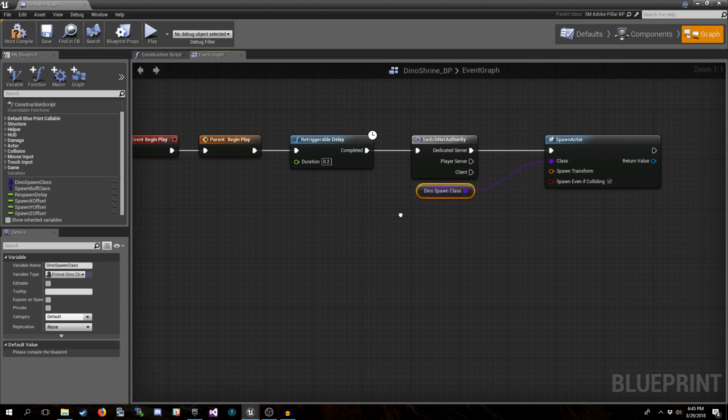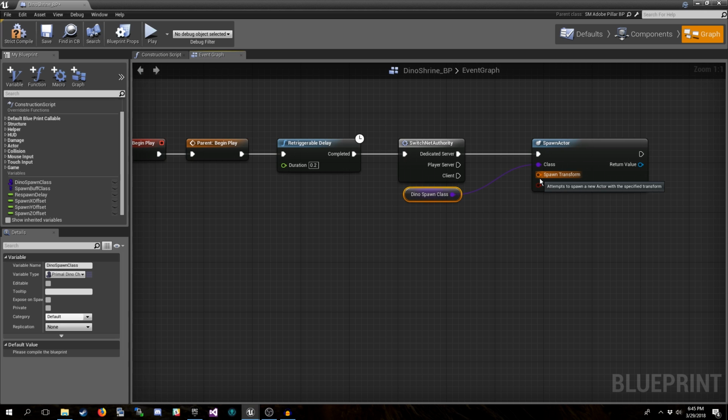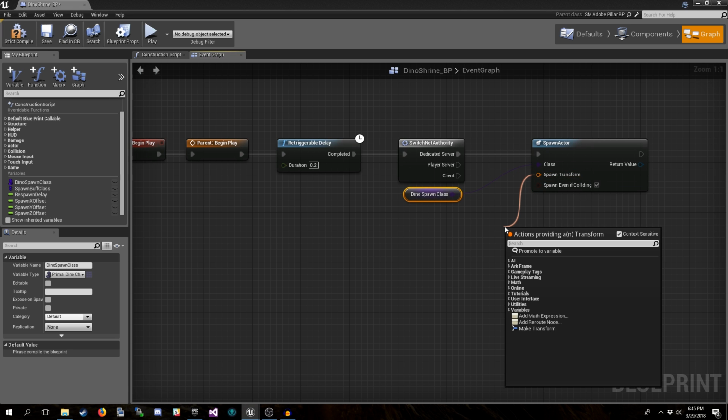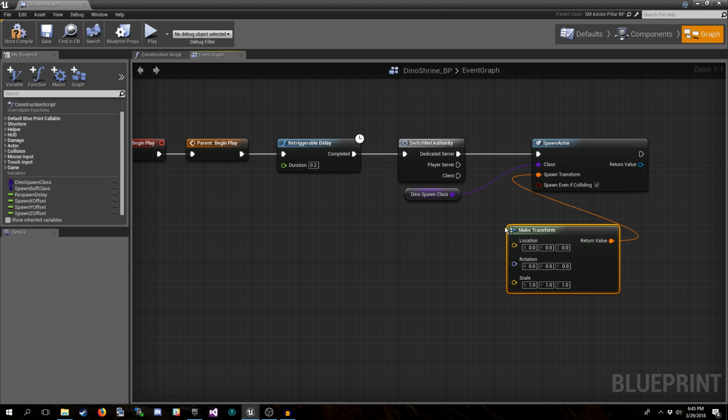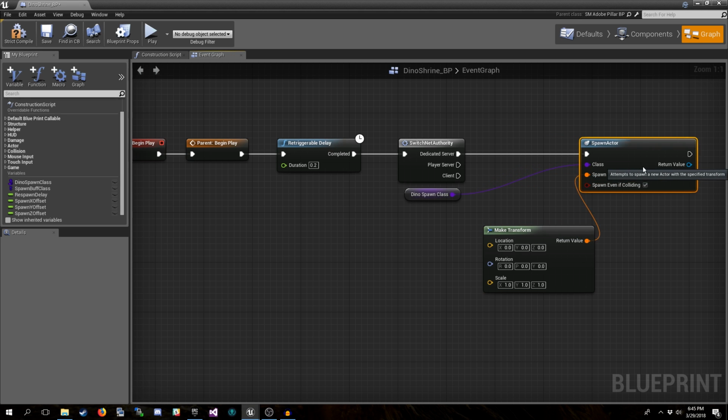And then we will want to set the transform. Now this is a bit of math, but it's not overly complicated. Your transform is the position. It's all of this data, your location, rotation, and scale.